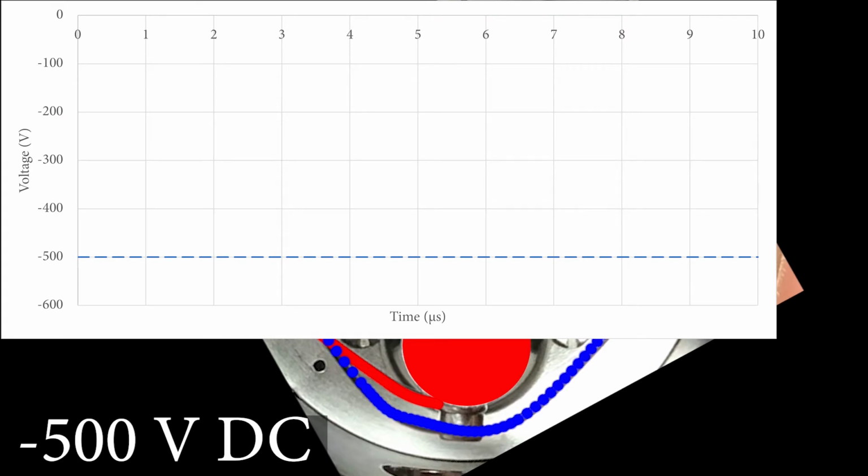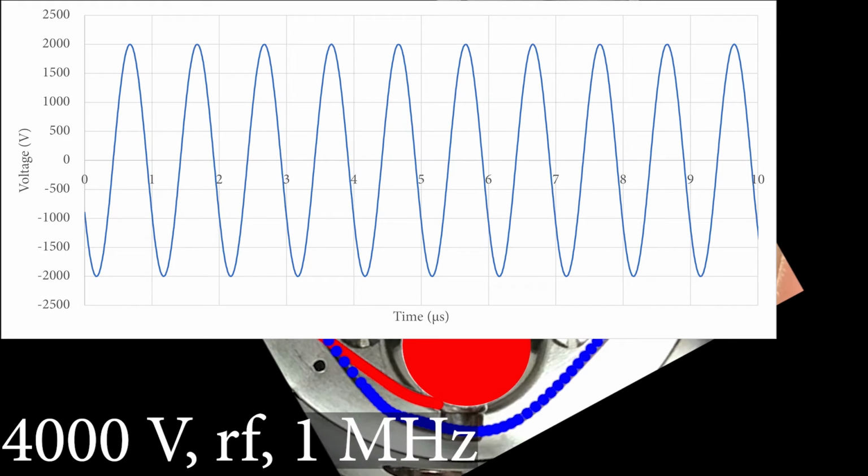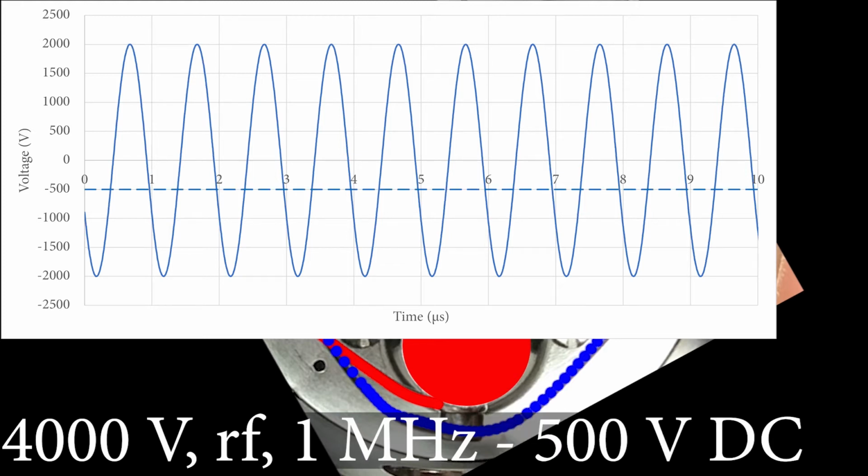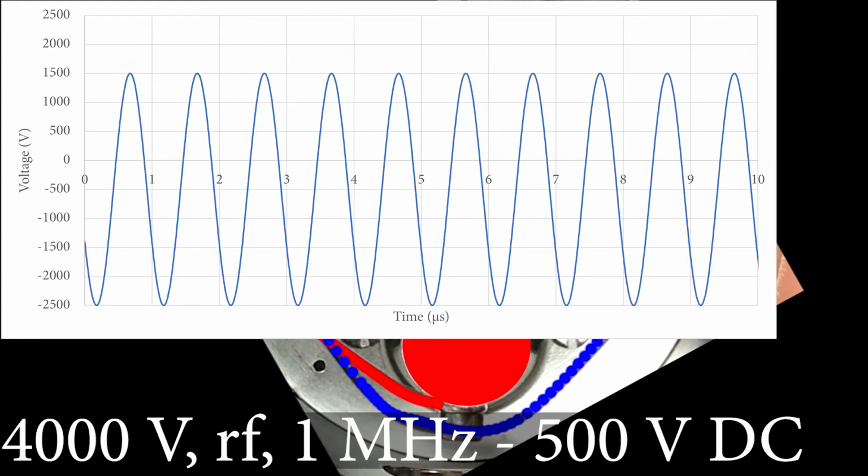We're also going to apply an RF voltage. It's going to be 4,000 volts RF peak to peak, and it's going to be at the same frequency, 1 megahertz. So we have this in concert with the minus 500 volts DC, and again we get the summed waveform, which is the 4,000 volts RF with the minus 500 volts DC offset. Now it's easy to see how the minus 500 volts is equal and opposite to the plus 500 volts being applied to the red rods,